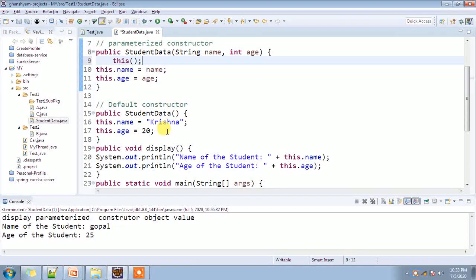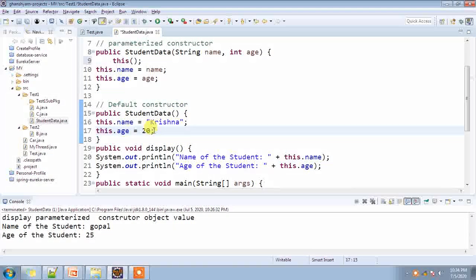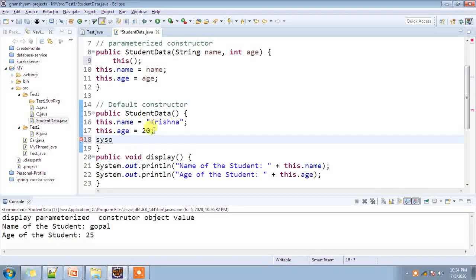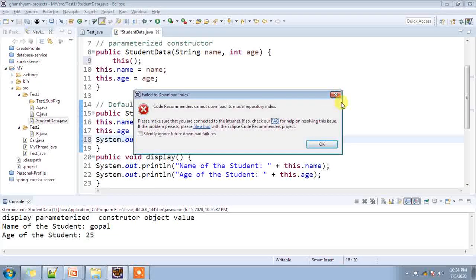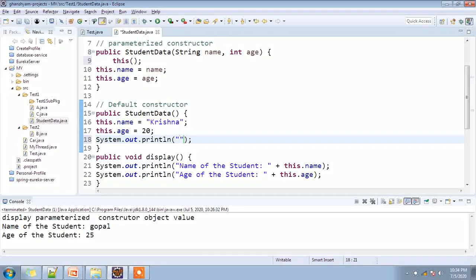Now this constructor will be called first, then it will execute this and it will call the default constructor. After this you can write a message, default constructor call.